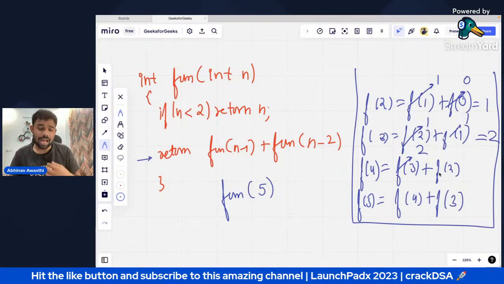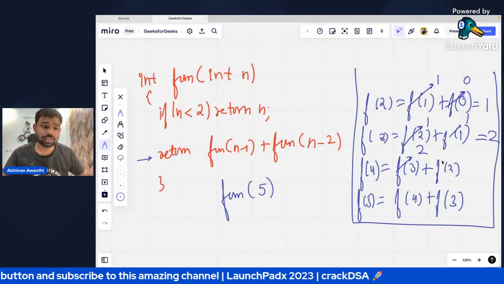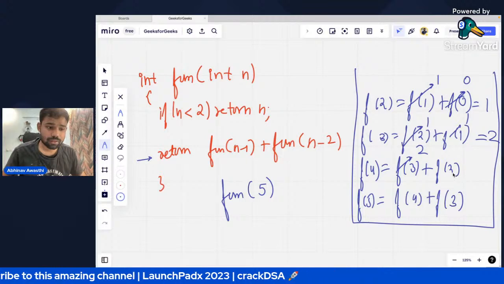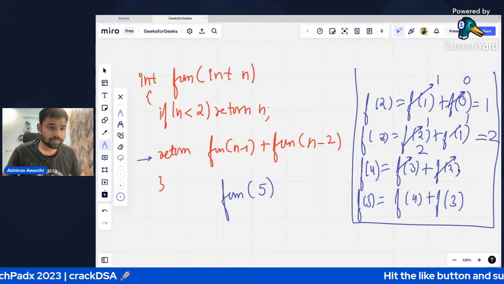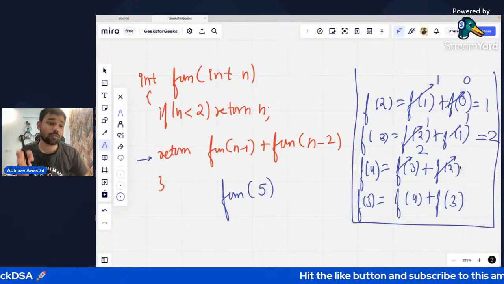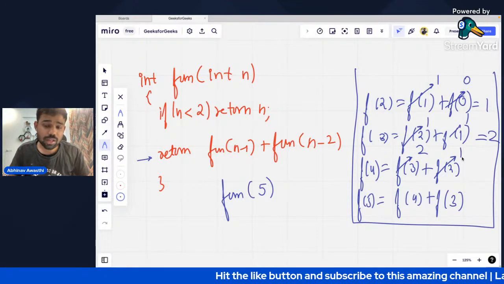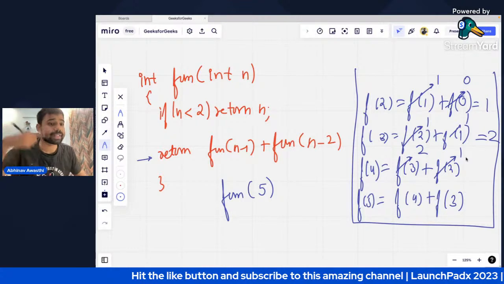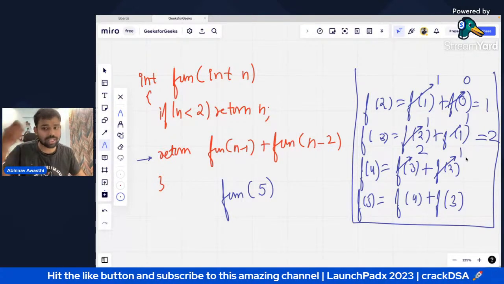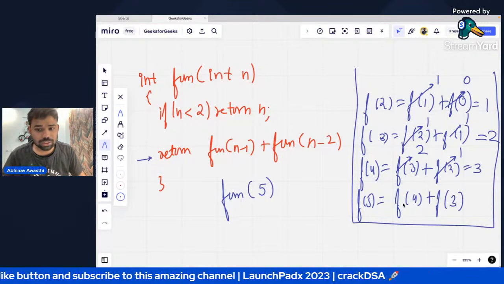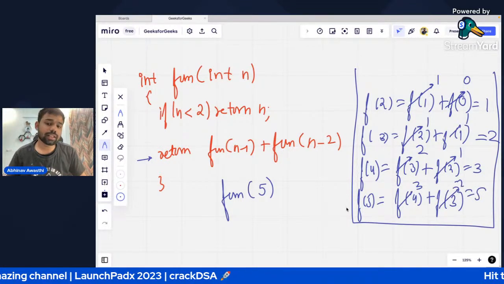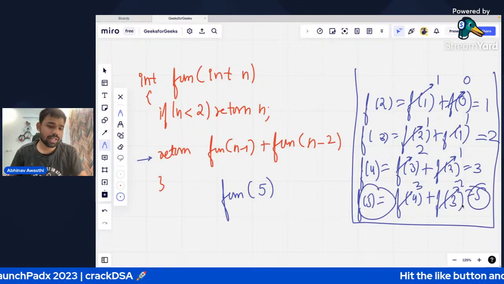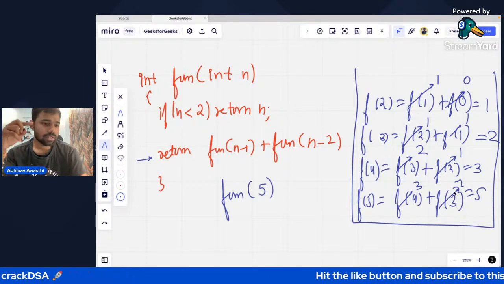तो क्या हमने already calculated the function 2? See, we have already calculated the value of function 2, which was 1. But this function will again calculate it. That is why the complexity is high. It will be 3. Now this 3 will be used here and it will be 5. So you can see the fifth Fibonacci number is 5. And that's the output. This is how the recursion will go.